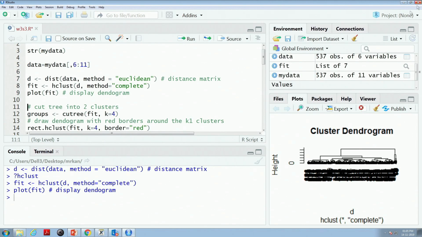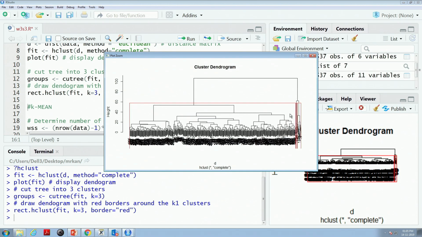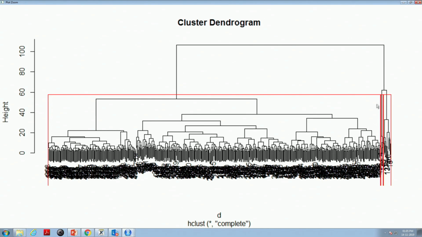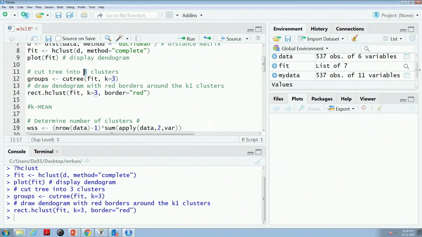So, what can we do? I will say cut the tree into 3 segments. I will say groups cut 3 into 3, run, and then border them, and you will get the borders properly. Here there is one more segment coming up very strictly, and I will talk about that segment probably. So, if I clear this up and break it into 4 segments instead of 3, I probably will have a better view.